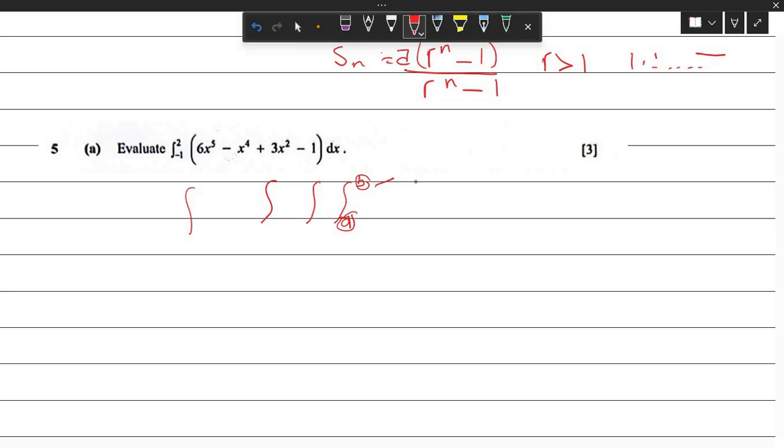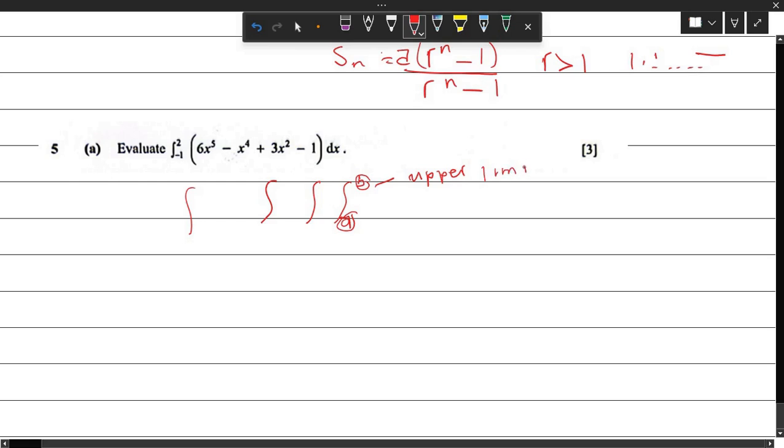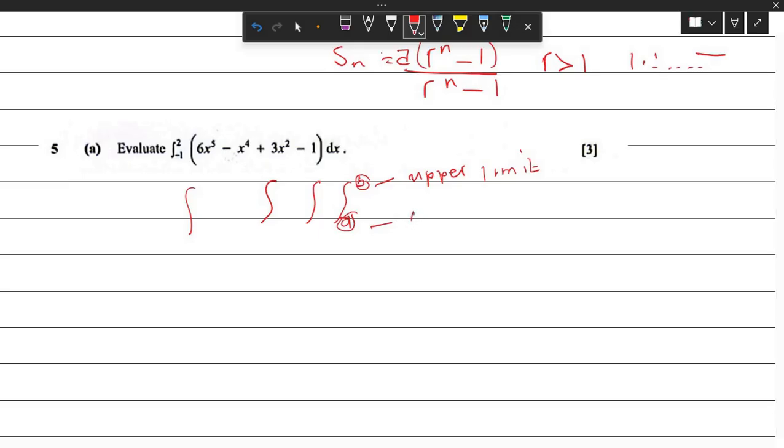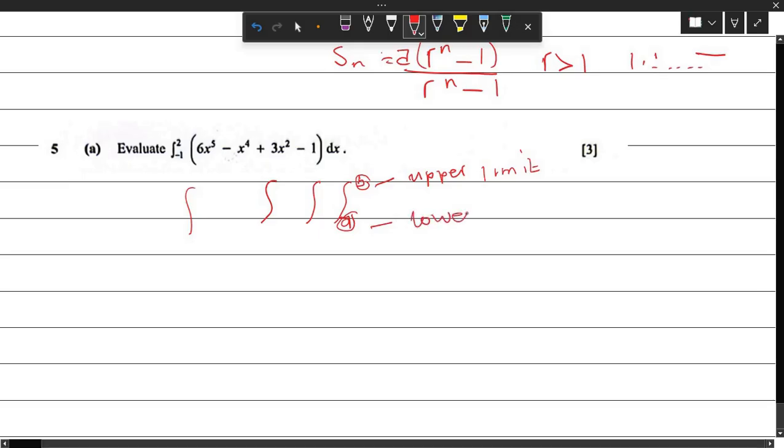So B is called upper limit. And A here is called the lower limit. Okay, so this is what it means. So if I say integrate x plus 1